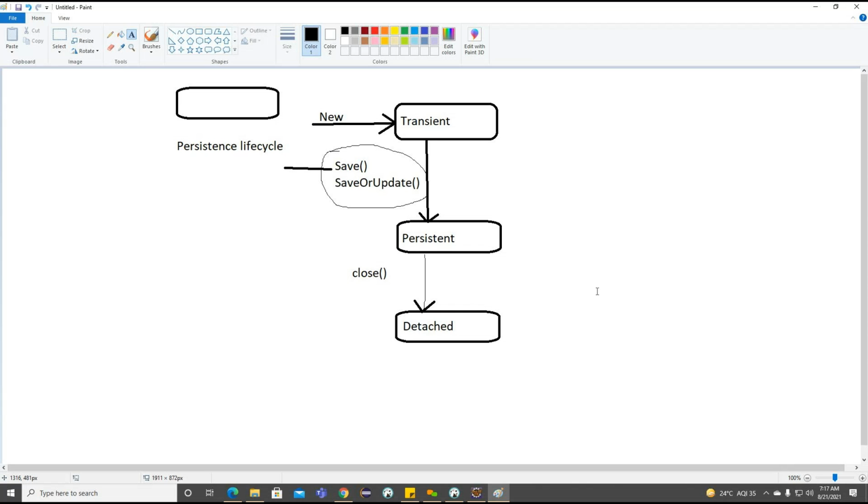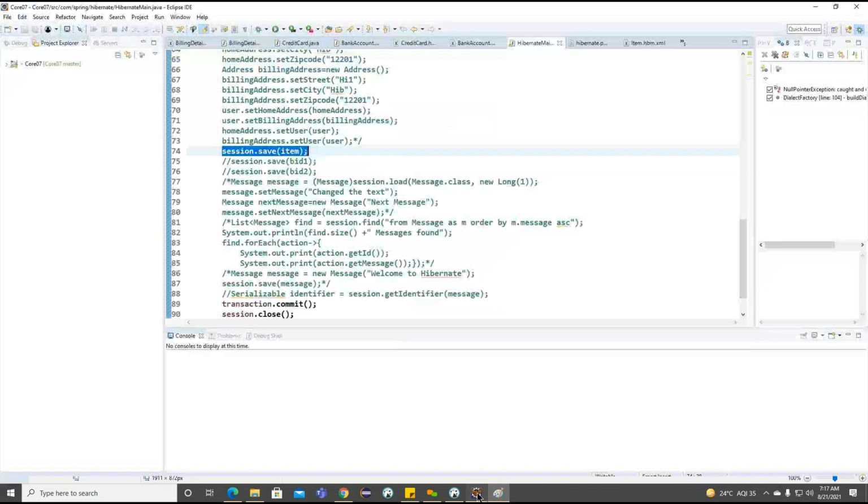The object is moved into the detached state. In the detached state, this object is not associated with any session. Once again, this object is not associated with any session. The object is eligible for the garbage collector here. Again, the object no longer has any references here.